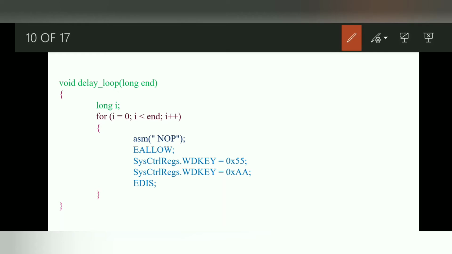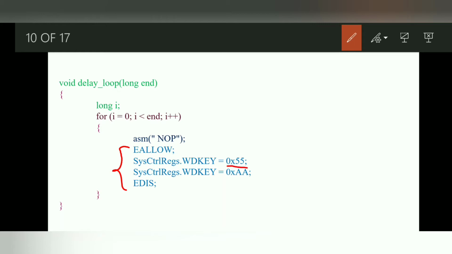So in this code I don't use the watchdog key. If you are a beginner to the DSP processor, first you don't use the watchdog key, and just run the code. Your code will be running perfectly unless your code has any glitch or any fault. After that, if your code is working fine, you just use the good key and valid key